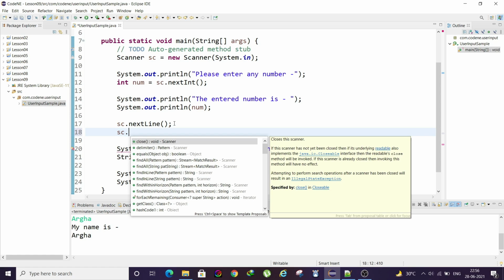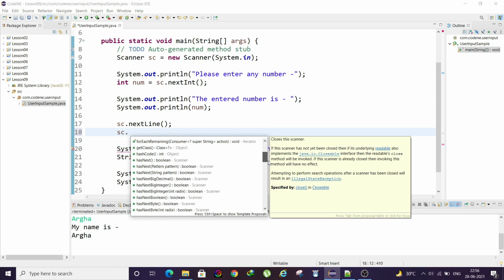When you put sc dot, Eclipse will start suggesting different methods that you can use. If you want a better understanding of the Scanner class, you can research and find out the methods yourself. But basically the working of the Scanner class is as I have explained in this video.